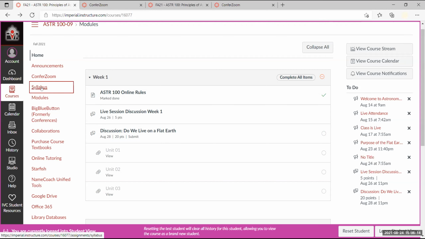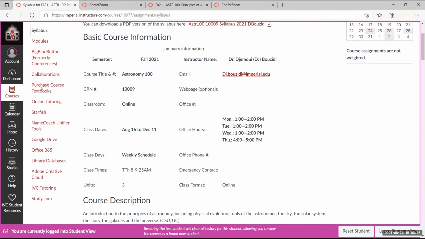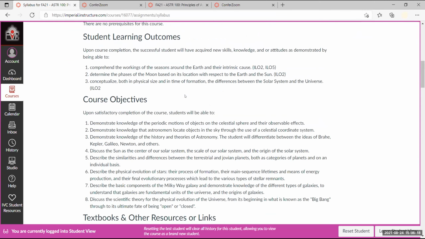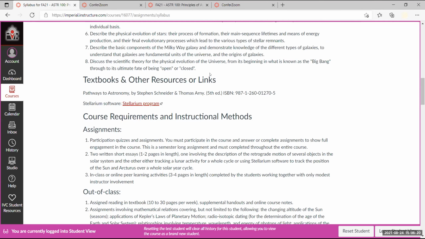If you click on the syllabus, as we talked about last time, and you go down into where the textbooks and other resources are, this is the book. The 6th edition, by the way, will do. I didn't see any difference so far. I have both of them, and if I notice something, I will let you know, guys, if there is any difference. So this is the textbook, but what I'm going to talk about today is this link,